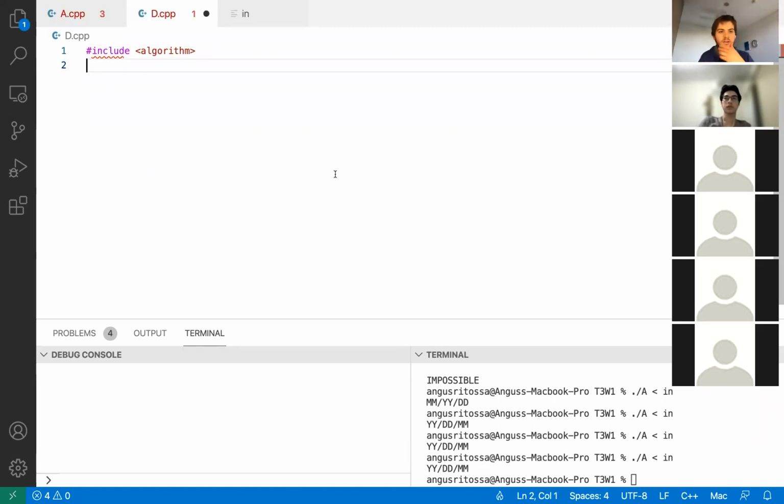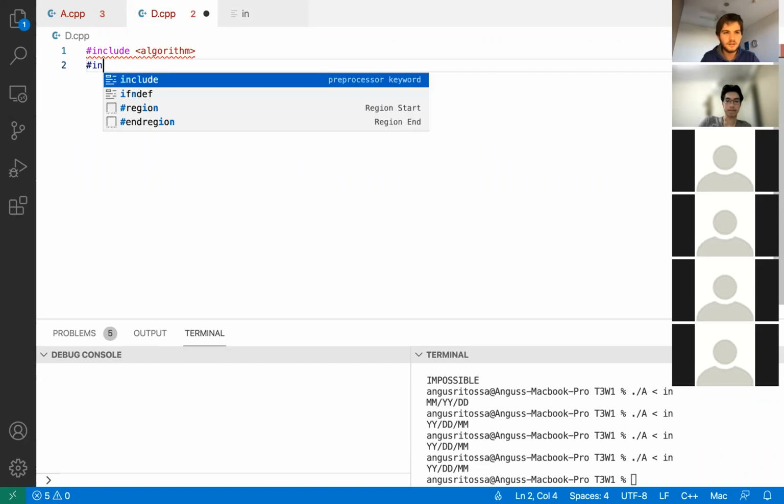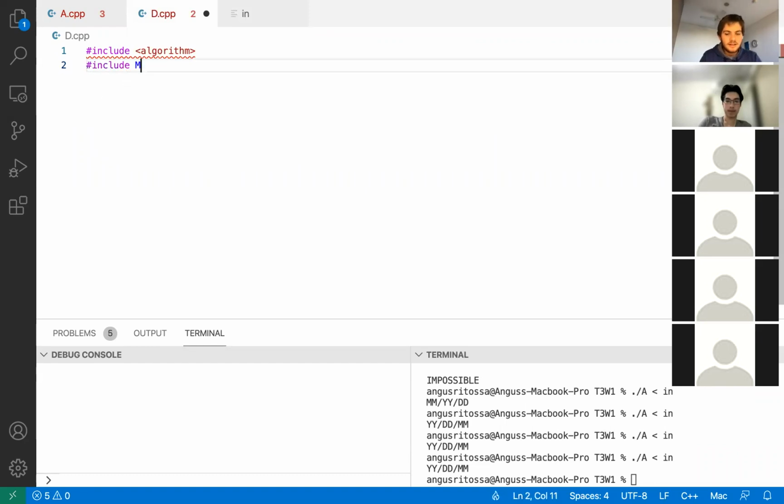In a contest, you can look at the documentation. It's in numeric. It's also in bits, so it's in this header file. I'm not using bits just because it doesn't work on everyone's computer. But it's in numeric. And in a contest, you can't Google it, but you can look at the documentation and you should be able to find it in not too long.